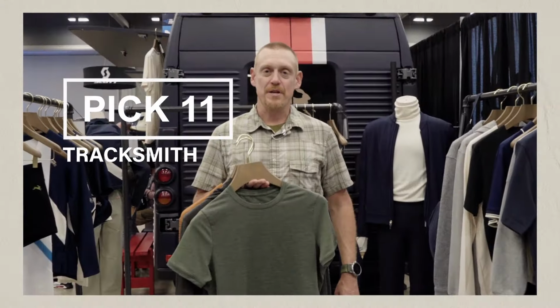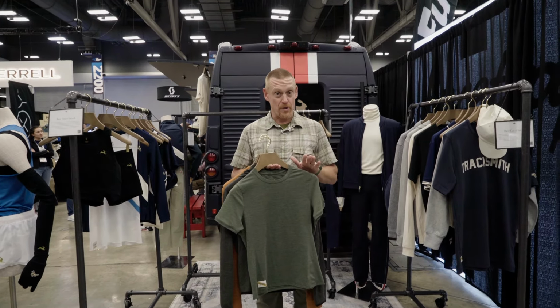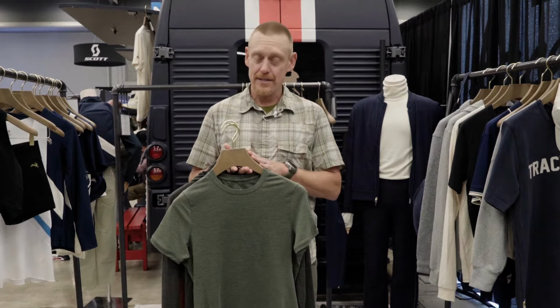We're here at the Tracksmith booth at the running event 2023. This is a premium brand with some premium pricing, but when you actually get it in your hands, you can understand why. It's super quality materials, whether it's synthetic or a blend. You have